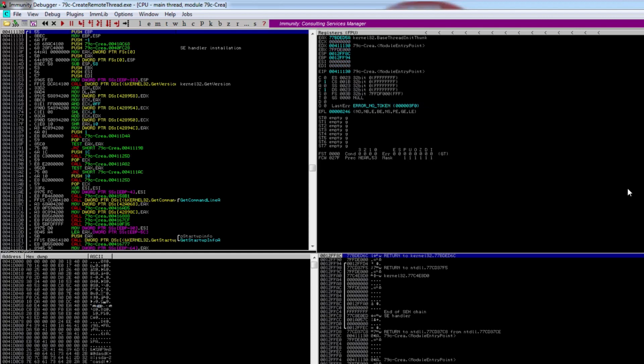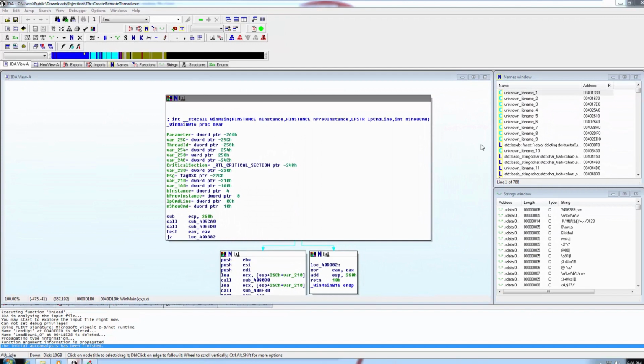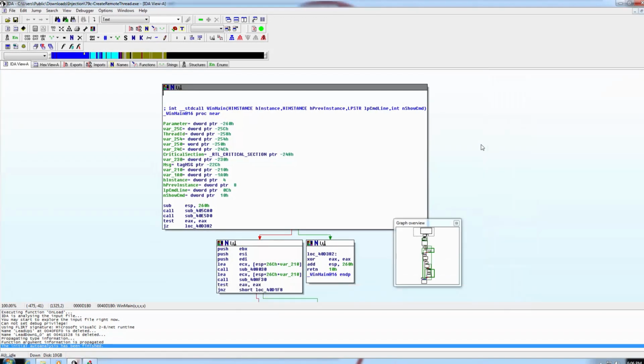As you remember, I highly recommend always using the debugger for runtime execution in order to know exactly how the variables look in real time and how the malware is behaving. But it's also very important, to have the full context of what's going on, to open IDA and follow the disassembly. Okay, so let's open IDA. I'm going to maximize this window, and when you are dealing with injection,